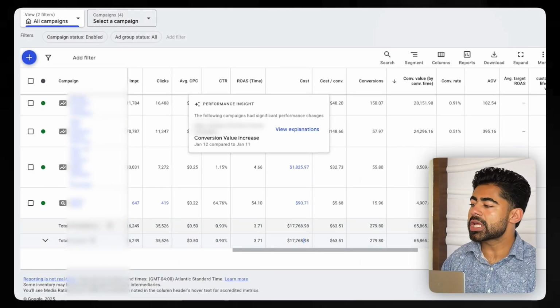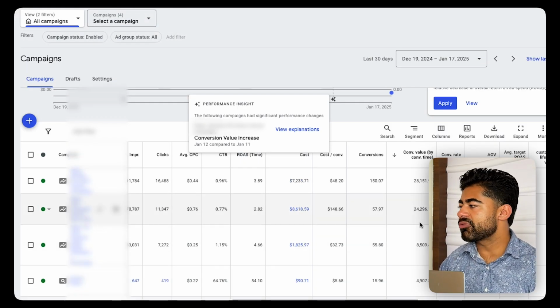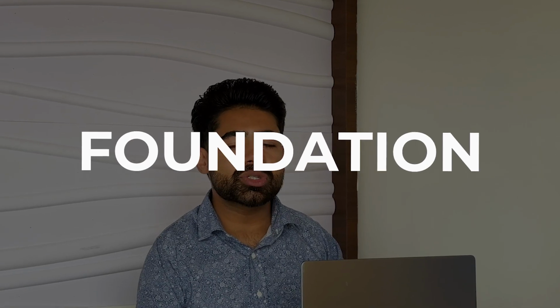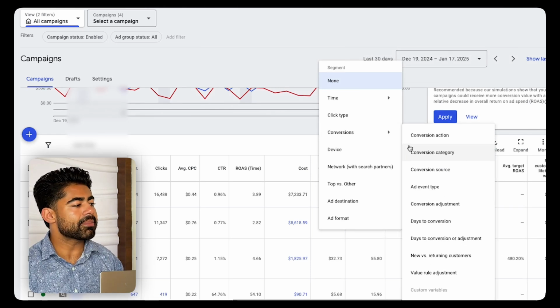Now, first and foremost, before I look at any of the campaigns, before I go into the actual back end to see what kind of strategy and approach they have, I always like to start by looking at the foundation. When it comes to the foundation, first and foremost, it's always about conversion tracking. What I like to do is first start by going over to the segment column right here